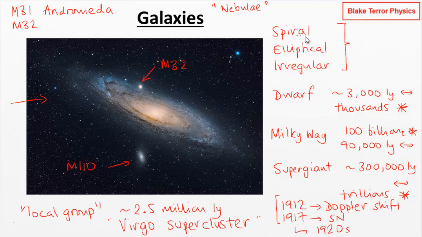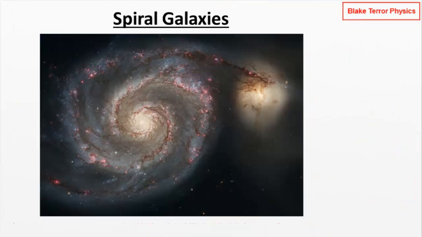Right, let's get back to these different types of galaxy then. Let's go through the three main types here: spiral, elliptical, and irregular. We've already looked at this spiral galaxy here, the Andromeda galaxy. Here's another particularly famous spiral galaxy. This is the Whirlpool galaxy, M51, one of the most easily recognized Messier objects. So yeah, M51, the Whirlpool galaxy. Now you can really see here, because we're looking down on the plane of the galaxy, this spiral.